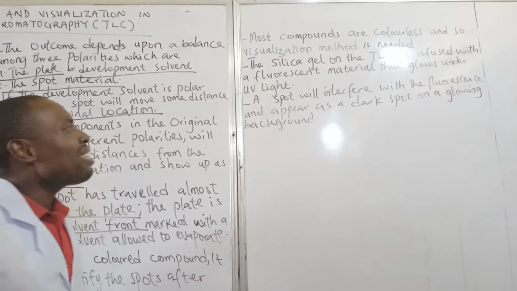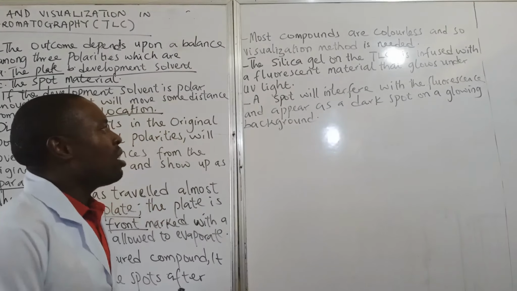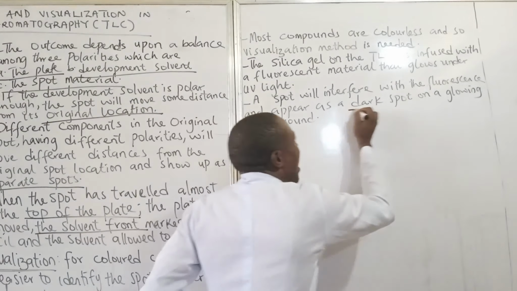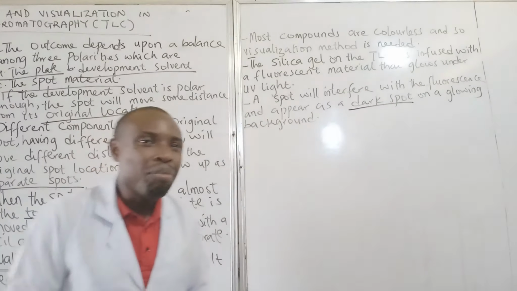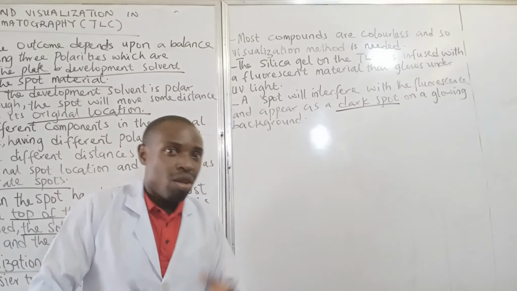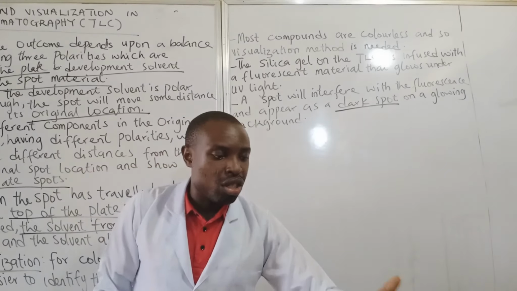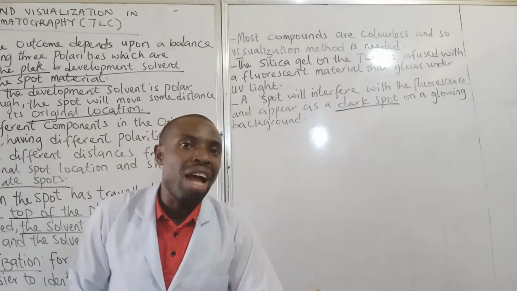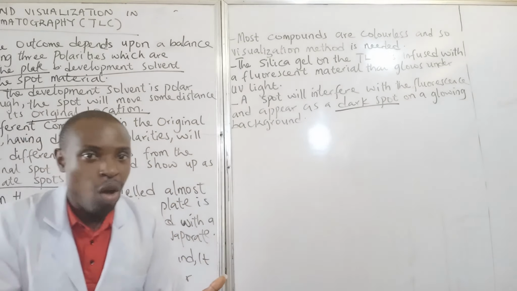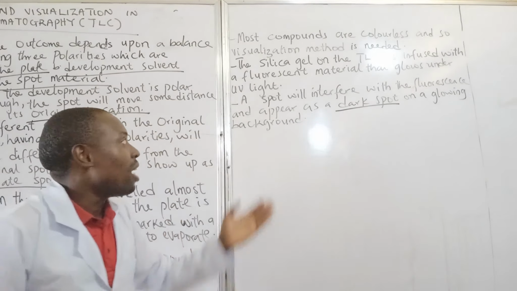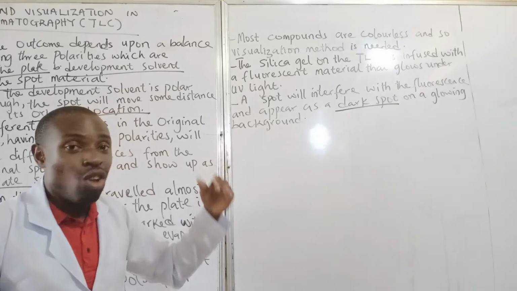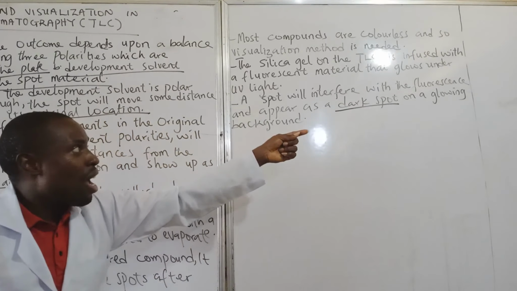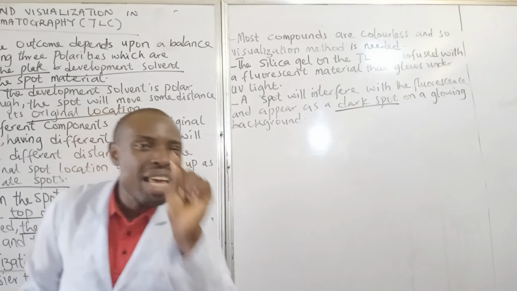Do not forget, a spot will interfere with the fluorescence and appear as a dark spot on a glowing background. Very easy. The silica gel is infused with a fluorescent material that will produce a bright light under the UV light. And whenever a spot is present, it will interfere with the fluorescence and then appear as